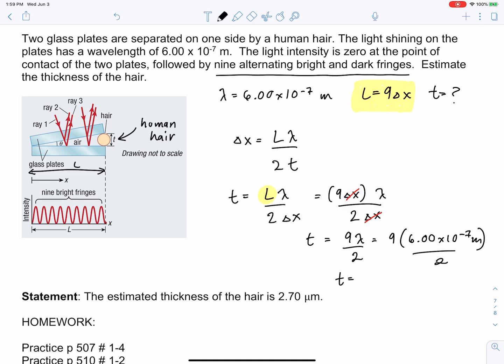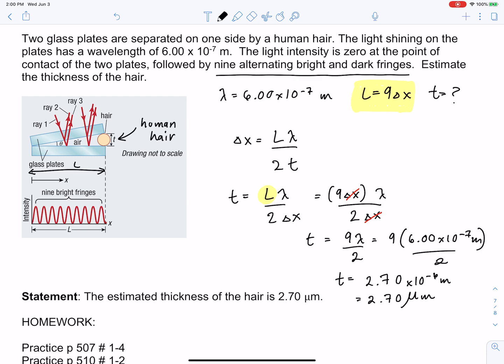When you punch this in, you end up with 2.70 times 10 to the power of negative 6 meters, which is equivalent to 2.70 micrometers, if you care to convert it into micrometers. Therefore, the estimated thickness of the hair is 2.70 times 10 to the power of negative 6 meters, or 2.70